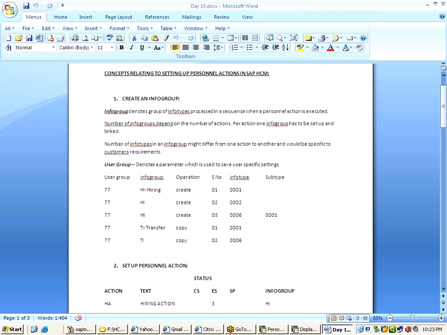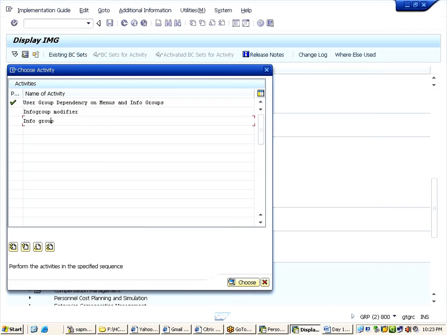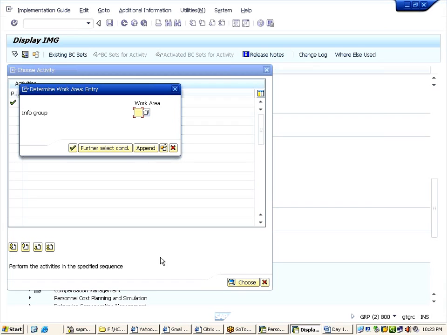As soon as I go, my system is asking for which info group you want to maintain the entries. There are many info groups. Now I need to call my info group. What is my info group? I created two info groups, HI and TI. If you know the code, you directly give it here.